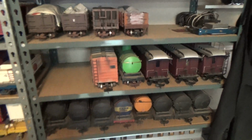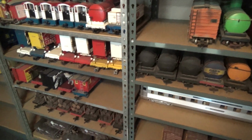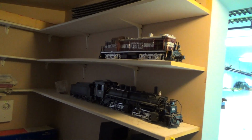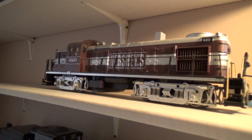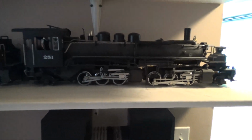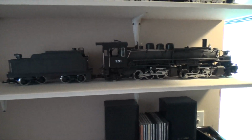Some of them are fairly new, but I think most of them I've had for many, many years, including the Super Chief cars there. And the engines are kept on the shelves here. I usually have the Hershey's RS3, LGB Sumter Valley,